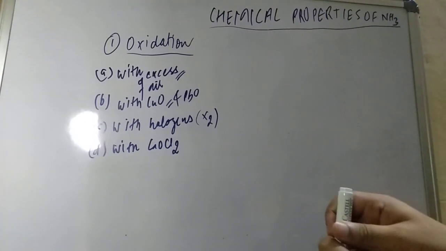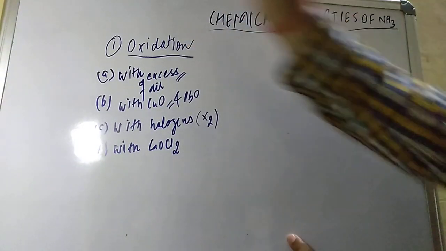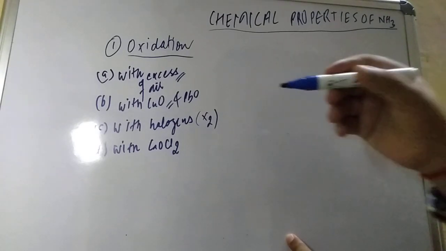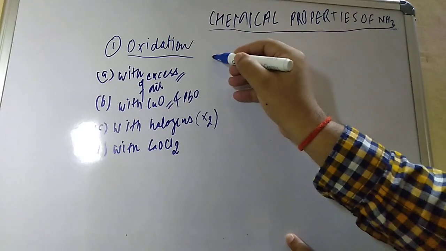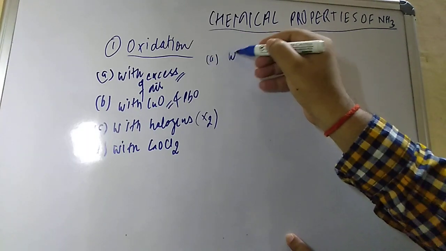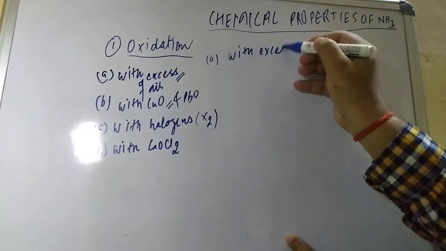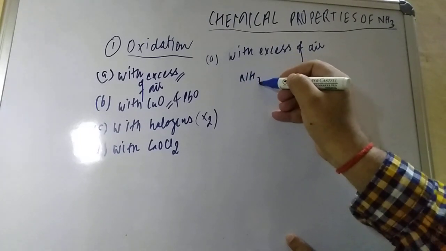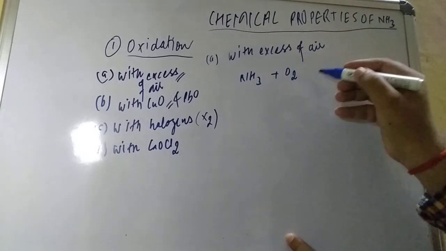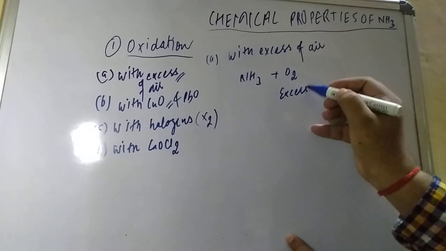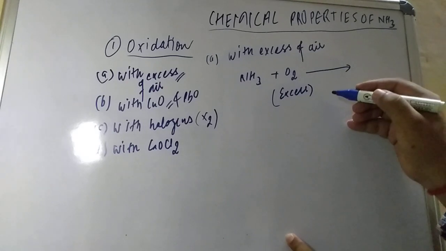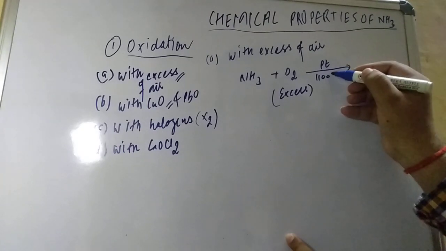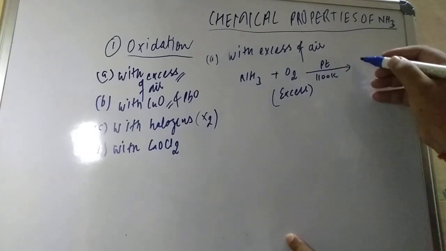Firstly, in the presence of excess oxygen, ammonia can be oxidized into nitric oxide. So let us see, that is the first one we are solving, that is with excess air. We have NH3, and we treat it with excess dioxygen, at a slightly elevated temperature in the presence of a nickel platinum catalyst, 1100 Kelvin, and it will give nitric oxide